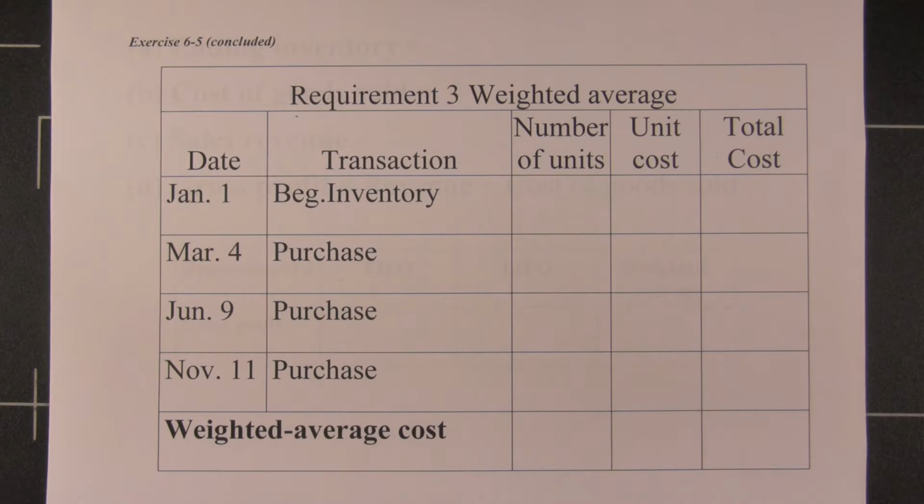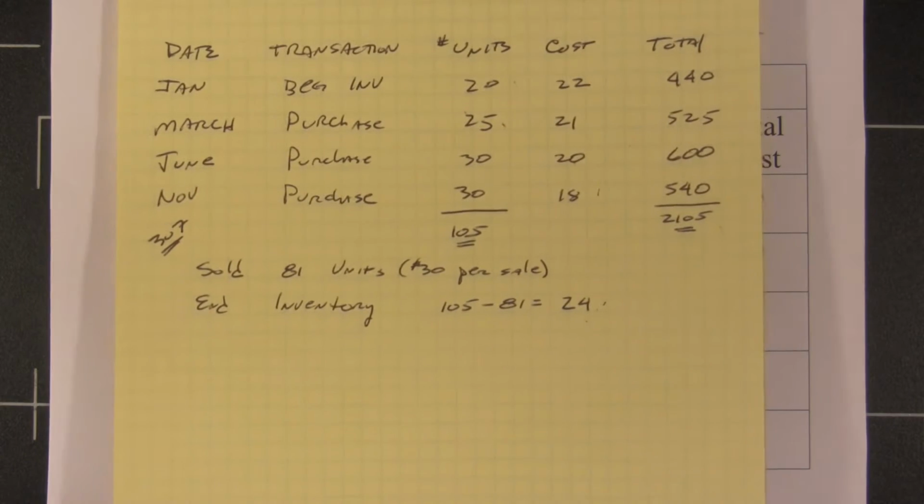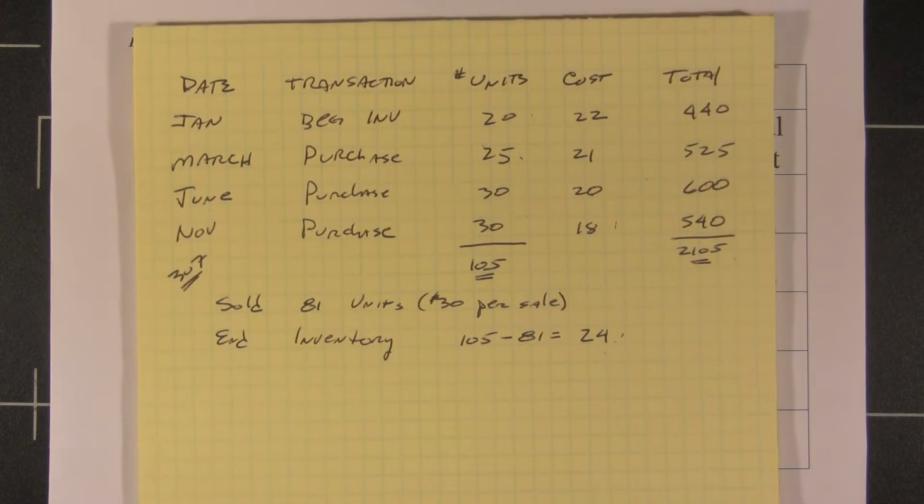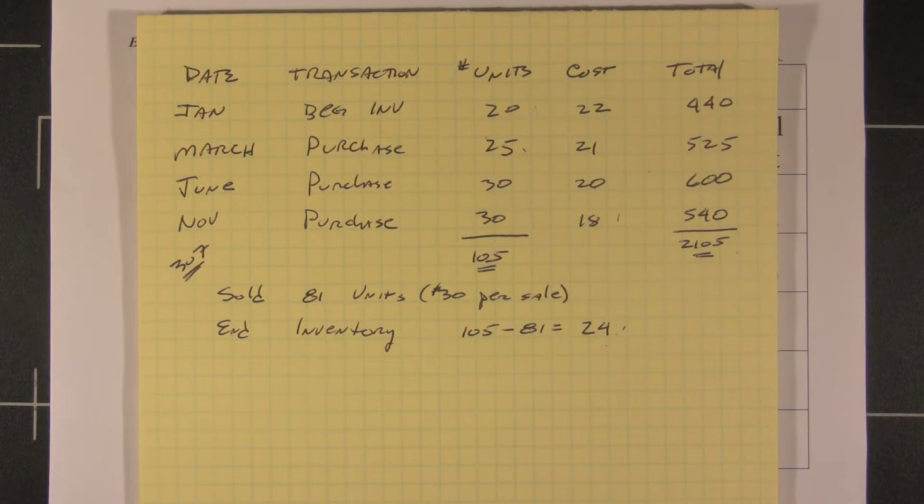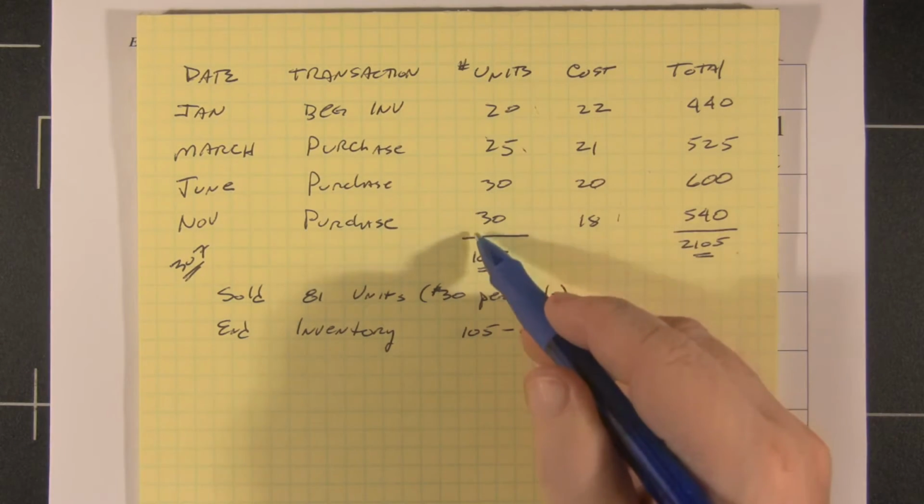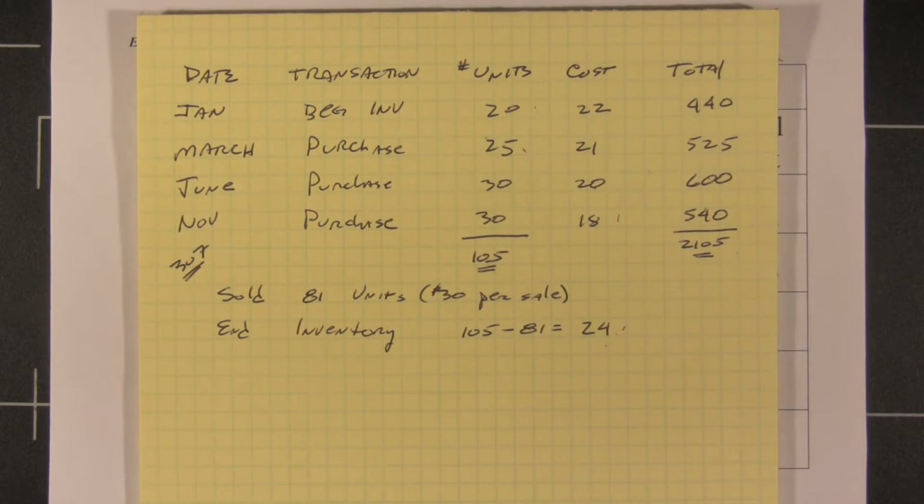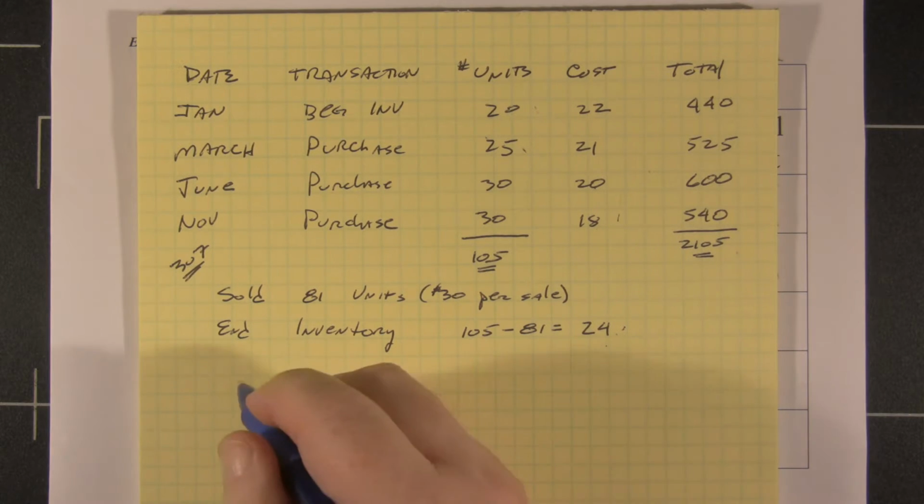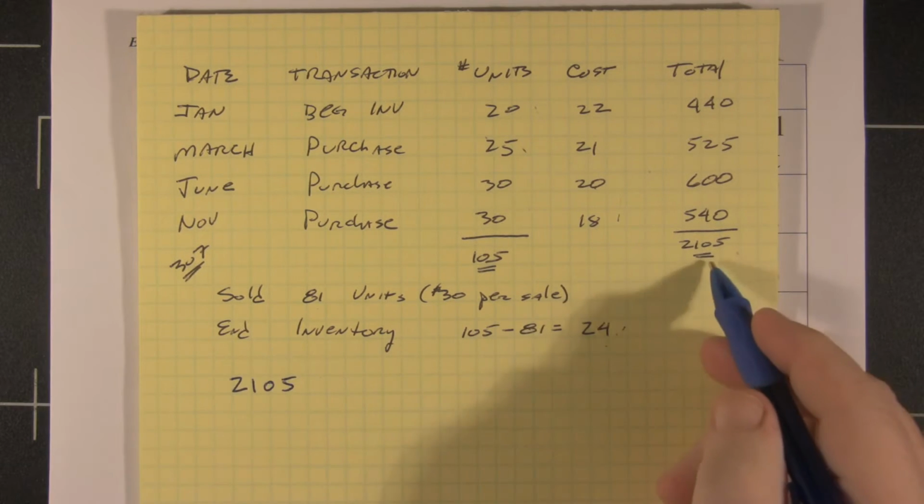Exercise 6.5, the last part, asks us to do the weighted average. Well, let's go back to this and come up with a weighted average cost. And when we say that, we're saying every unit we purchased, no matter when we purchased it, we bought it at the same exact price. And the weighted average is 2105, the total goods we had,